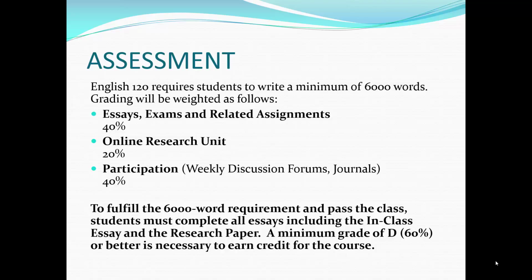of your grade. To fulfill the 6,000 word requirement and pass the class, students must complete all essays, and the research paper, with a minimum grade of a D or better in order to pass this class. So basically, make sure you turn in all of your assignments for this class, and I'm going to go over